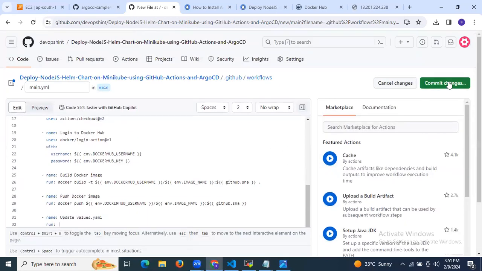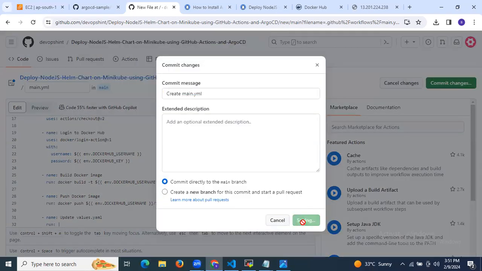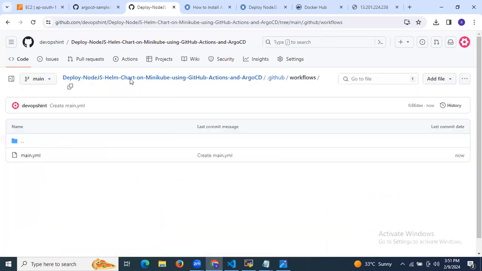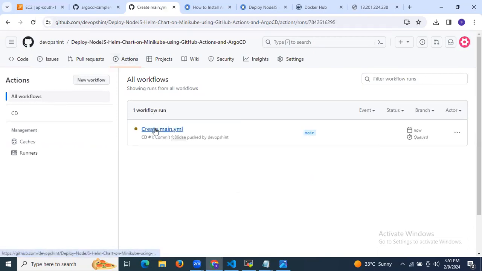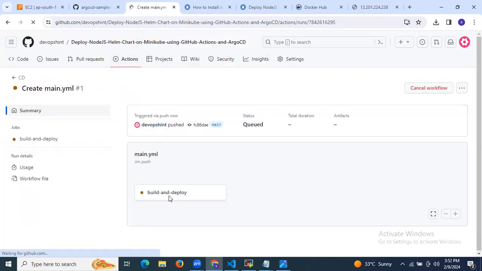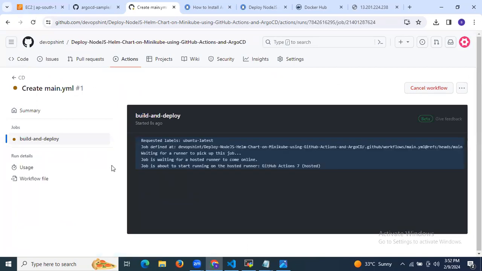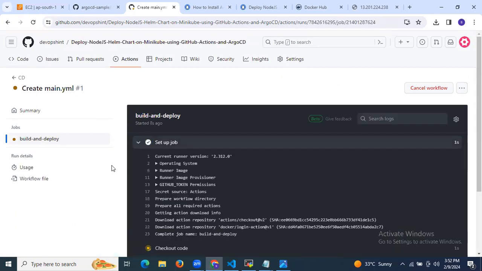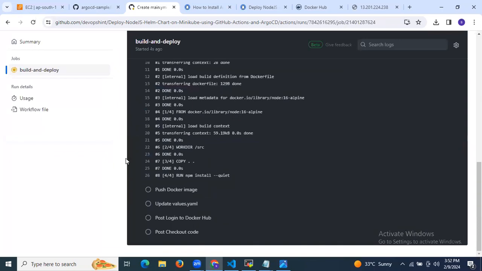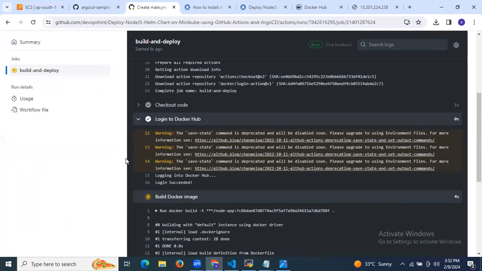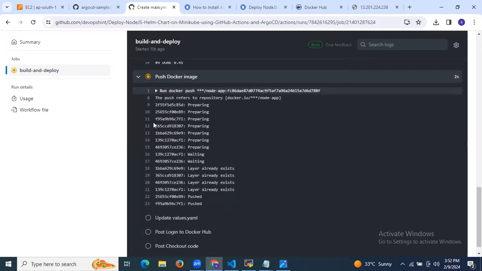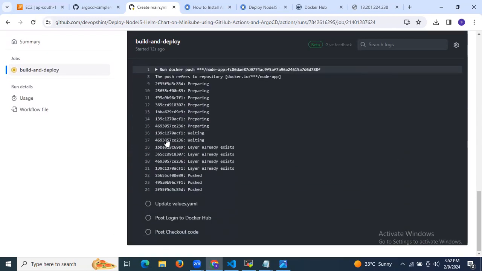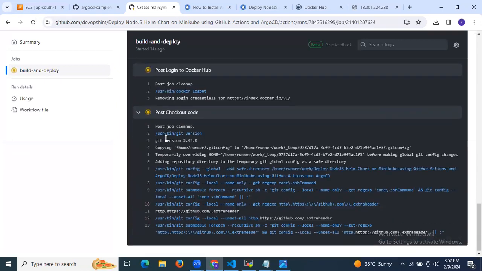Okay, so let's click on commit changes and let's check our workflow. Go to the actions, and as you can see it is in queue. So let's check. As you can see, we have successfully logged into Docker Hub. Now it will build our Docker image. It's done. Now it will push our Docker image. It's also done. Now it will update my